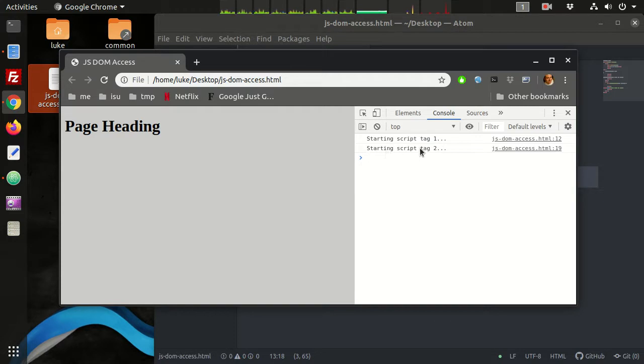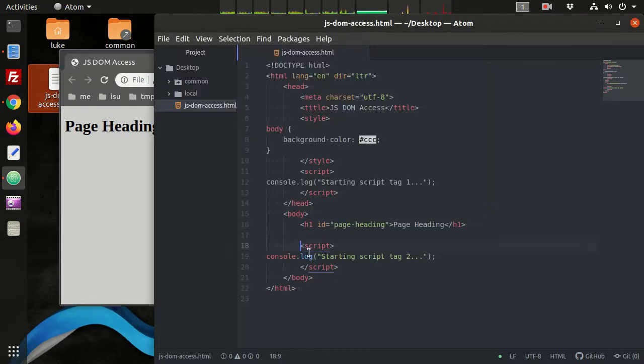And then the second tag was encountered after it found these elements and rendered them. Then we had access to the next script tag. Okay, so we're going to take a look at this. We're going to try to access this DOM heading element, and we're going to change the text inside of it. We're going to try to do that in 2 places, and we're going to see that it's not going